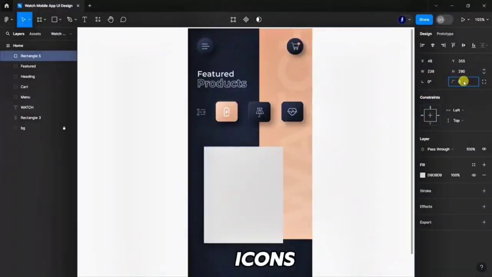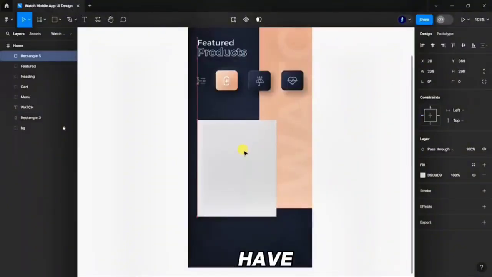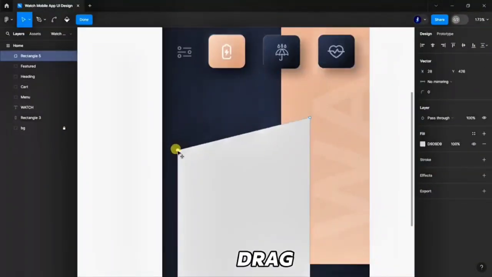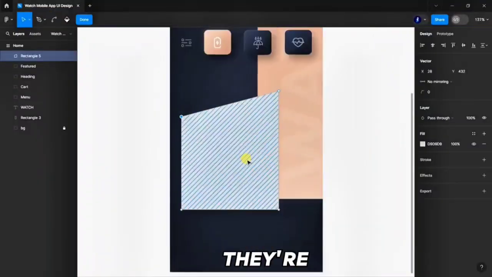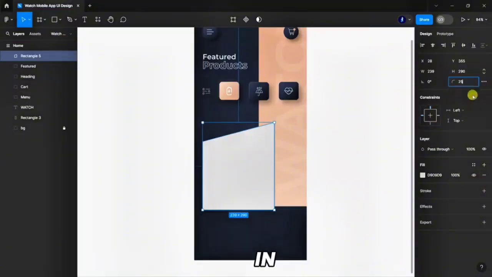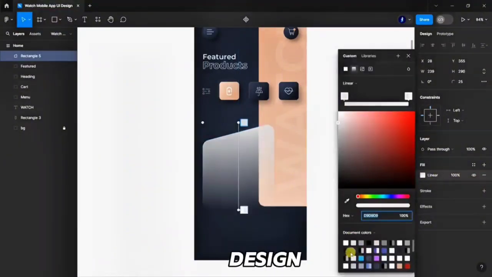Let's drag in some icons. So I'm gonna go to my folder. I have 3 SVG icons over here, which are vector icons, and then drag them into your Figma like this. They're not all the same size, and we want them to be smaller anyways. So let's just make one of them. Let's just drag it in over here, and let's just make that one a lot smaller. For this design, I want them to be